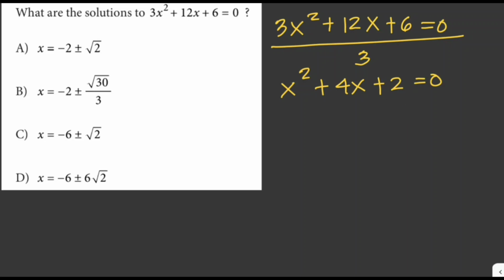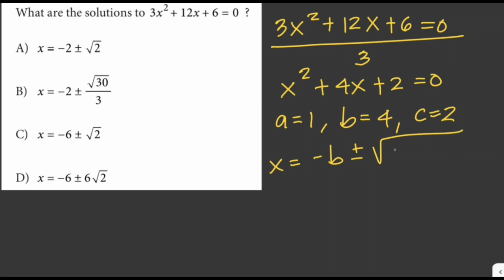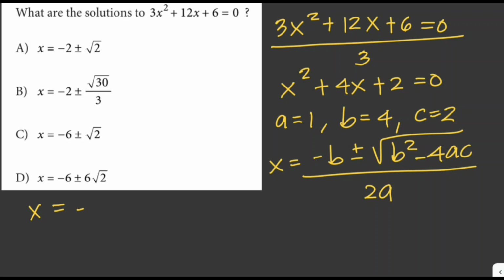Let's determine the coefficients first. So the value of a here is equal to 1, b is equal to 4, and c is equal to 2. Then using the quadratic formula, x equals negative b plus minus square root of b squared minus 4ac over 2a, and then we can just plug in all the values to this formula here. So that is x equals negative b, negative of 4, plus minus square root of 4 squared minus 4 times 1 times 2